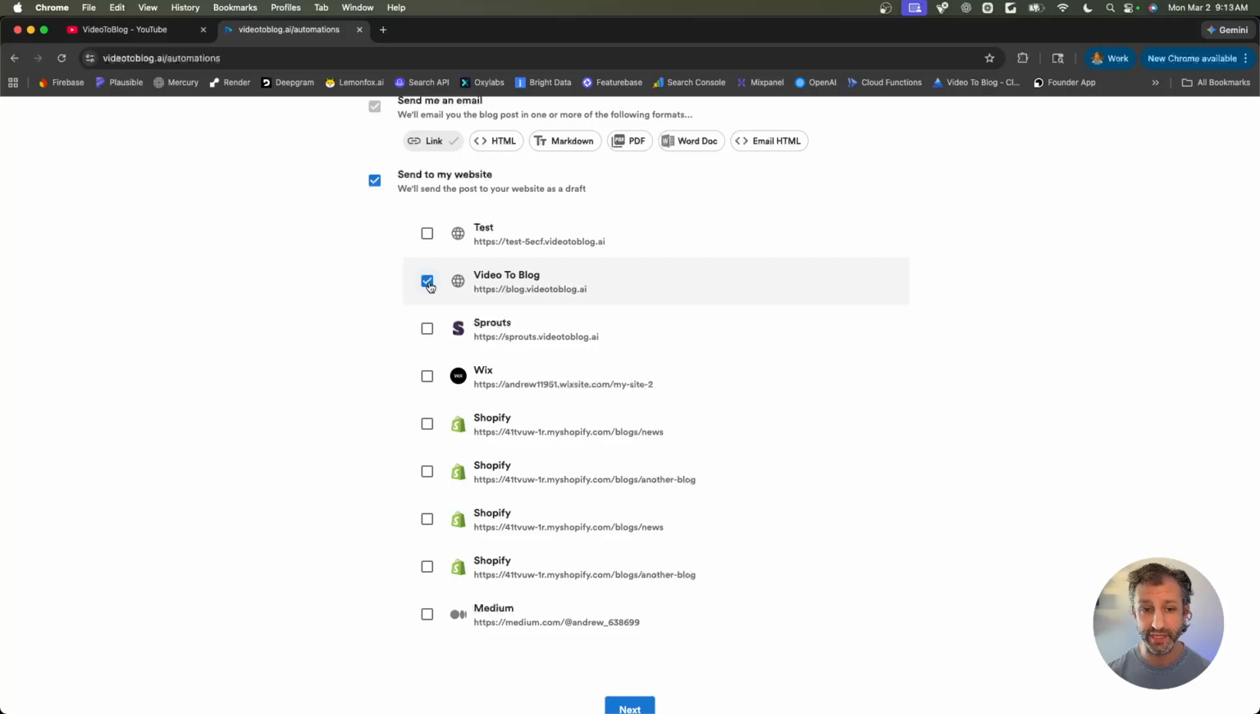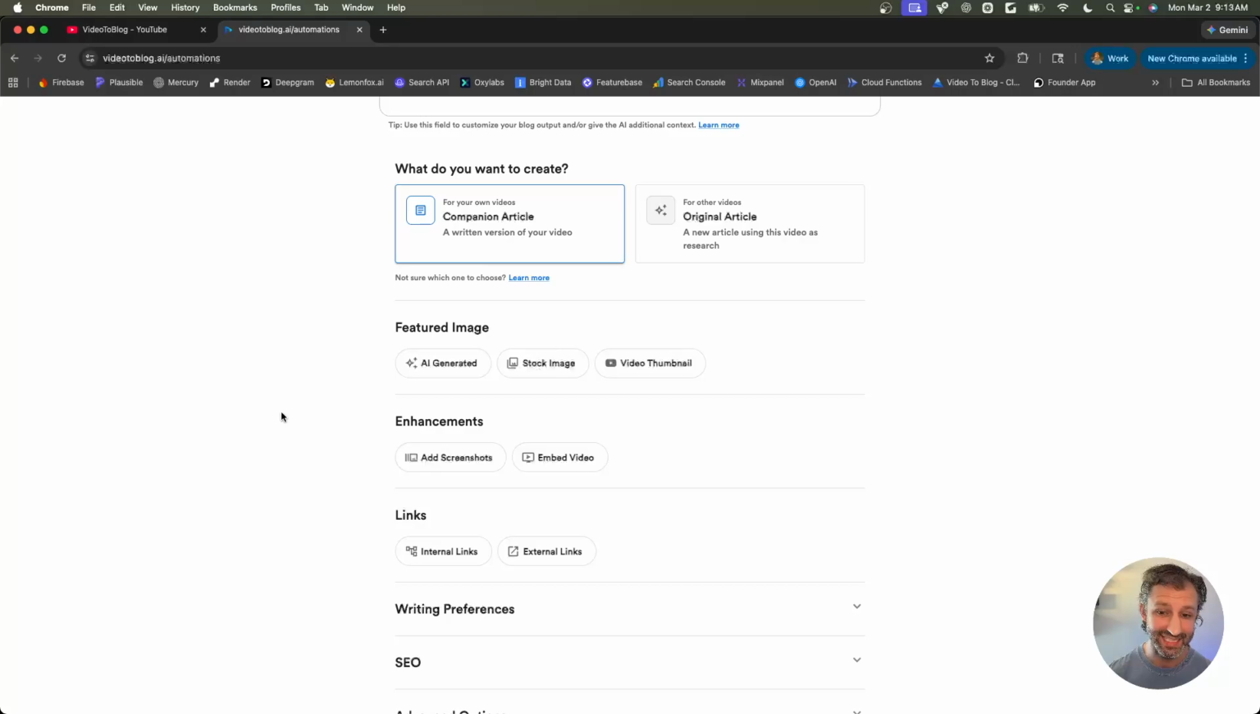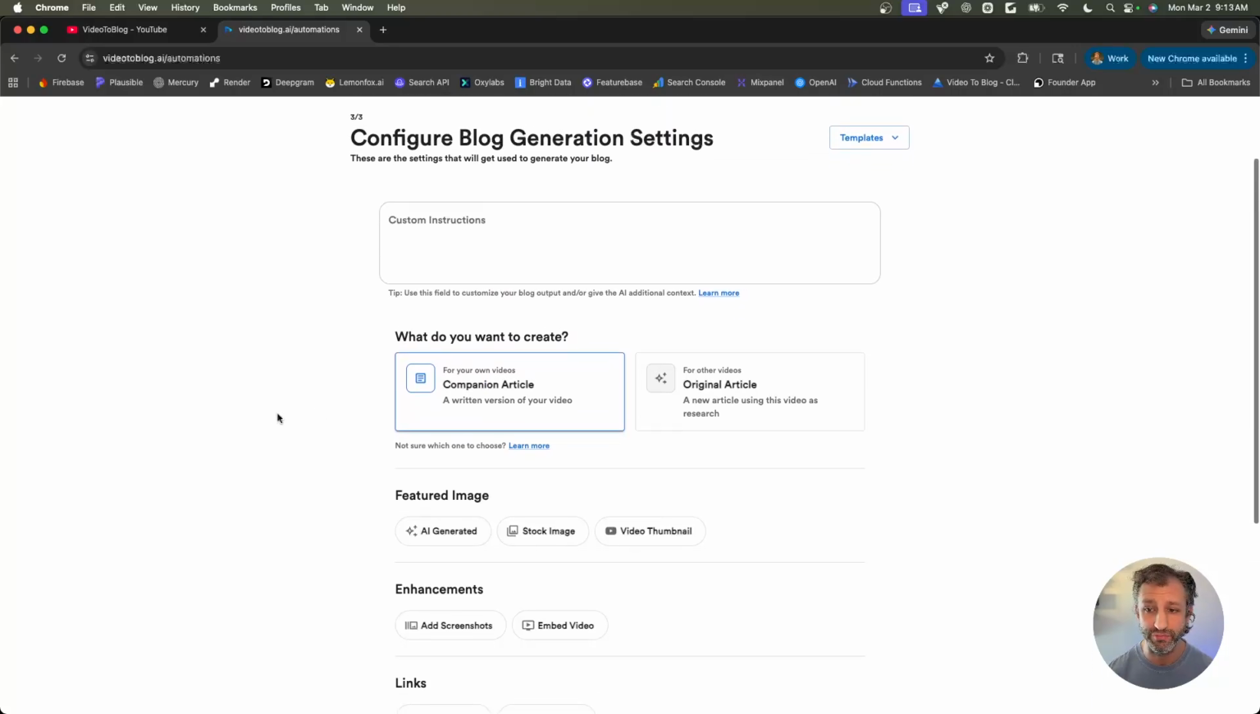If you don't see your website here, what that means is that you need to go back and go to the integrations tab and then connect your website for whatever platform you use to host your website. So now I'm going to click next, and then it's going to ask me all of the different configuration settings